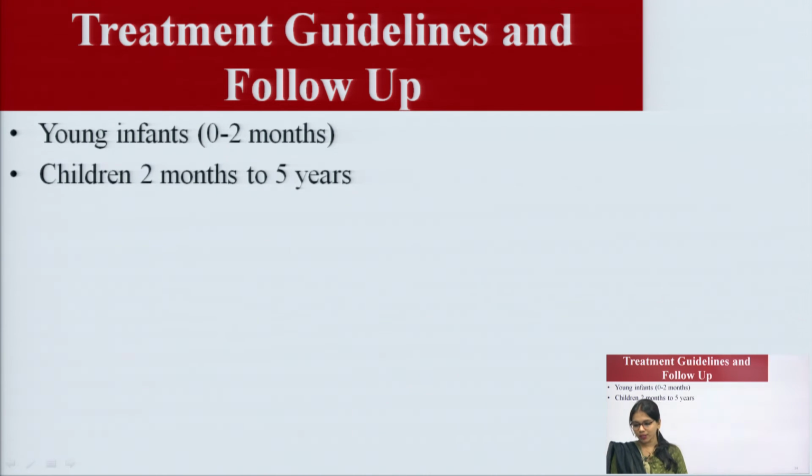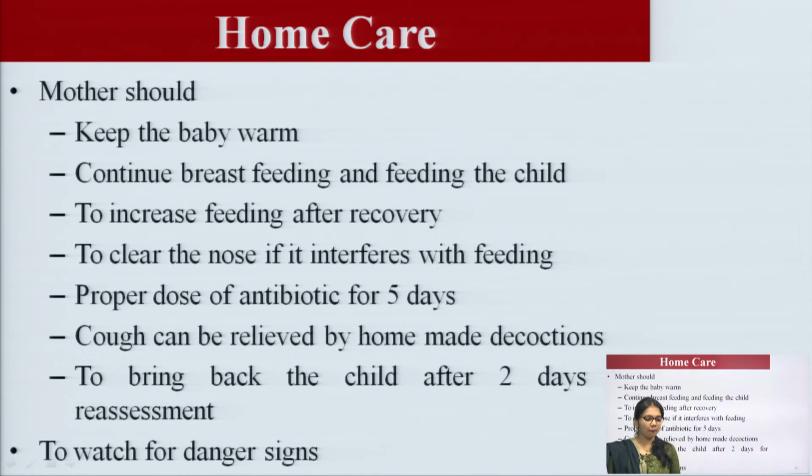Now, next is treatment guidelines and follow up: young infants between 0 to 2 months and children 2 months to 5 years. Now, these are some of the home care, prevention and control measures in acute respiratory tract infections. The mother should keep the baby warm, continue breastfeeding and feeding the child, increase the feeding after recovery, and clear the nose if it is interfering with feeding,